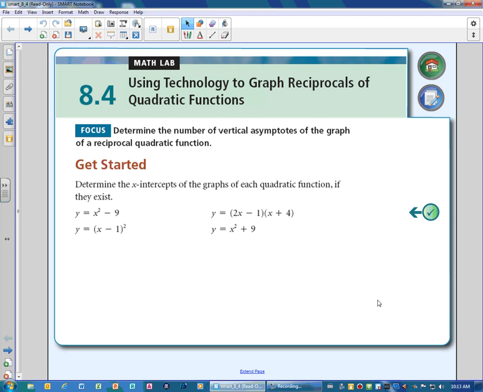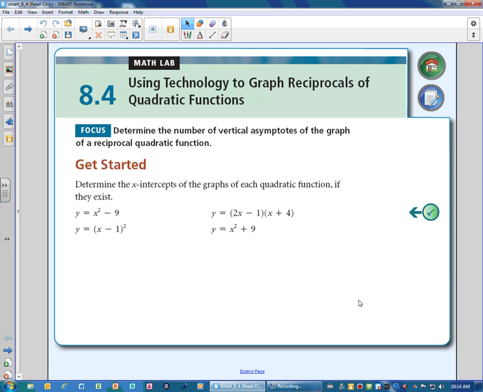All right, so let's get going on 8.4. It's a math lab. It's using technology to graph reciprocals of quadratic functions. So we were graphing reciprocals of linear functions, and that wasn't too bad. Quadratic functions have the same idea, so I think you'll be okay with graphing quadratics as long as you can graph a parabola. So in the getting started, it says determine the x-intercepts of the graph of each quadratic function